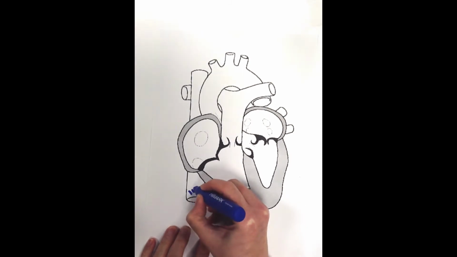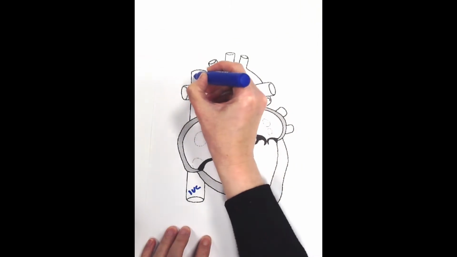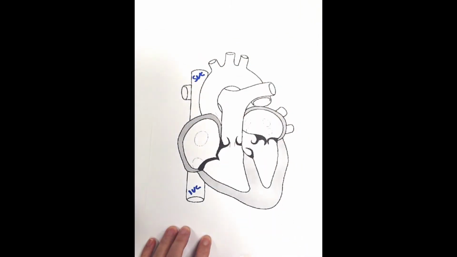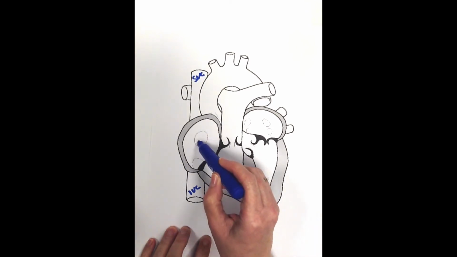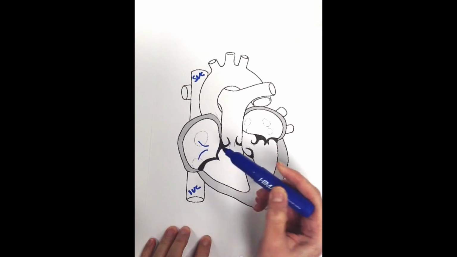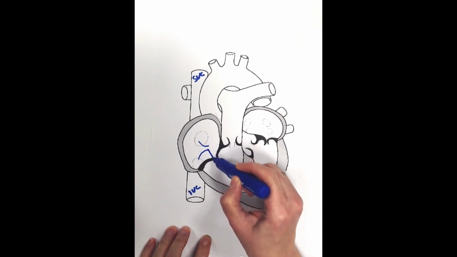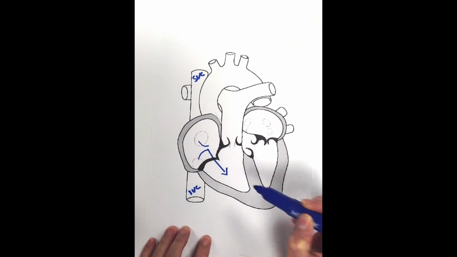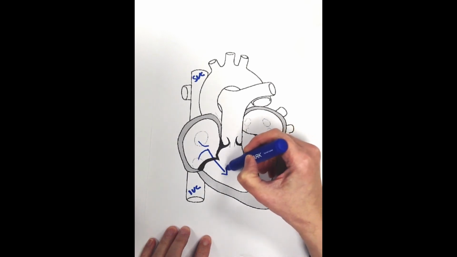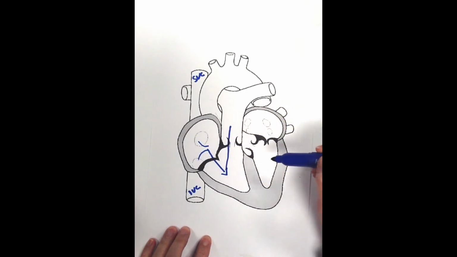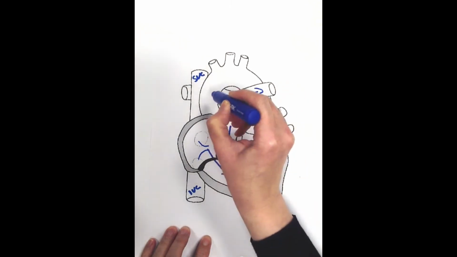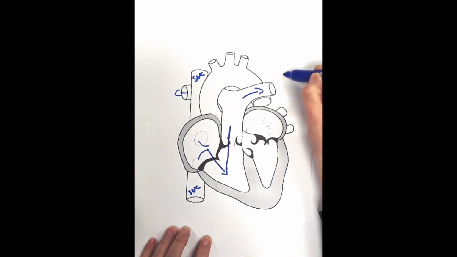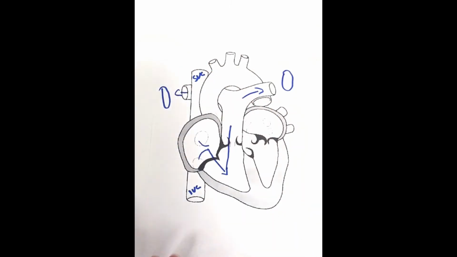So here we have the vena cava. This is your inferior vena cava, and above we have the superior vena cava. So deoxygenated blood from the vena cava, superior and inferior, will enter the right atrium. It will then subsequently go through the tricuspid valve into the right ventricle, along the pulmonary tree, backflow being prevented by this semilunar valve here, along the pulmonary arteries to each of the lungs, where gaseous